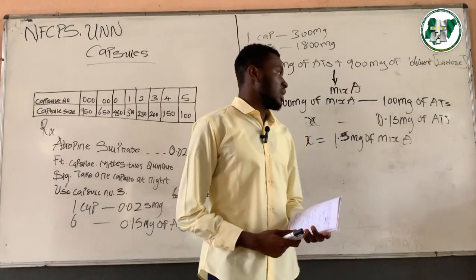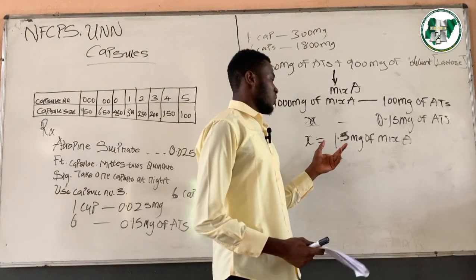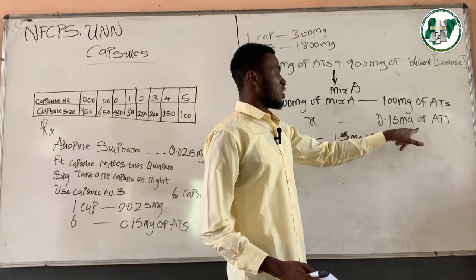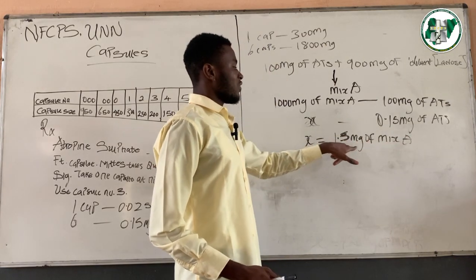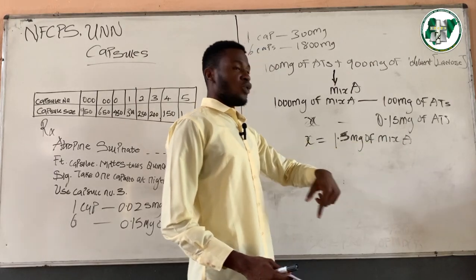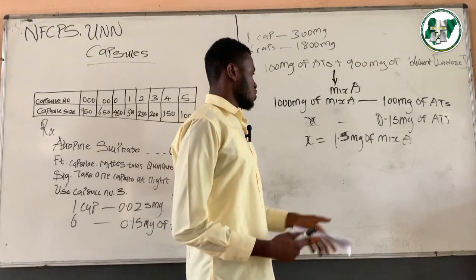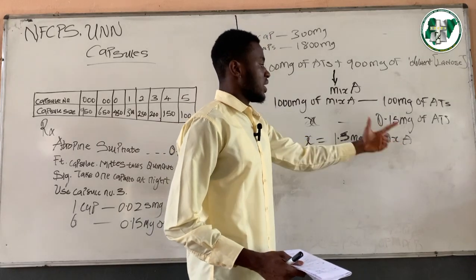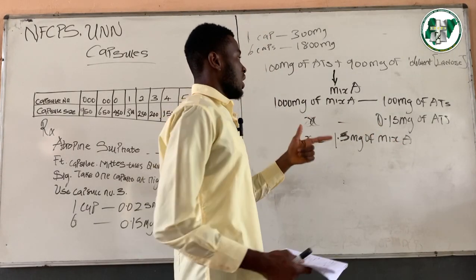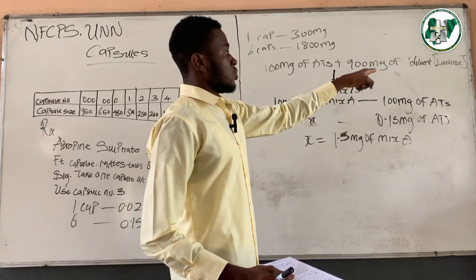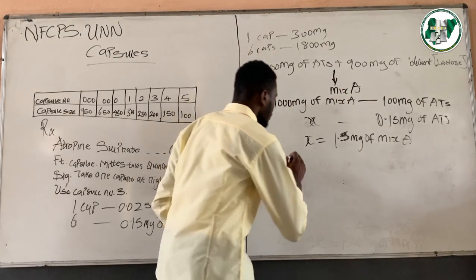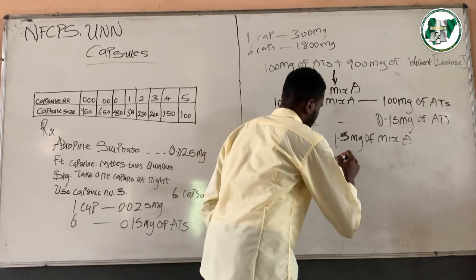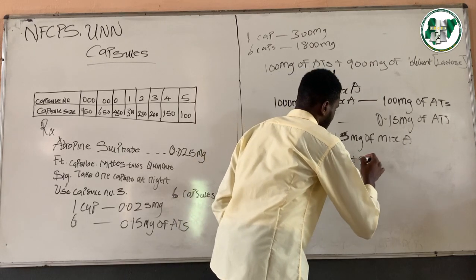The weighing balances in the lab, right? But if we can get 1.5 milligram, it means 1.5 milligram contains 0.15 milligram of ATS. Now, 1.5 milligram is not weighable, then we continue our dilution. We now say 100 milligram of mixture A is taken into a fresh mortar, and 900 milligram of fresh lactose was taken. So we now say 100 milligram of mix A plus 900 milligram